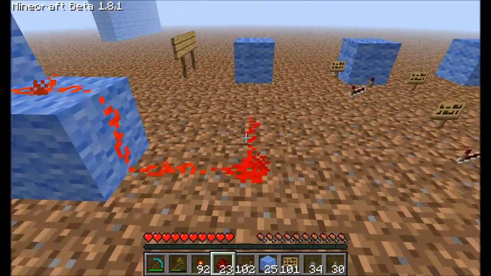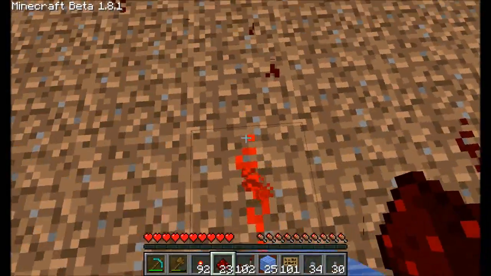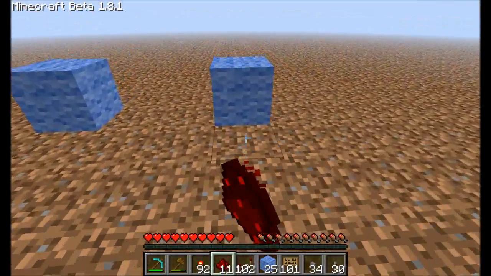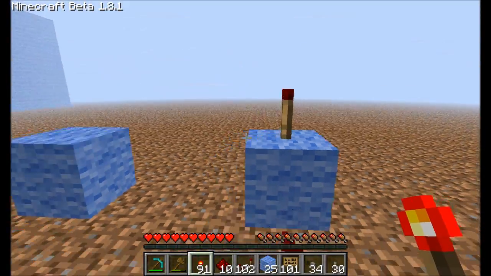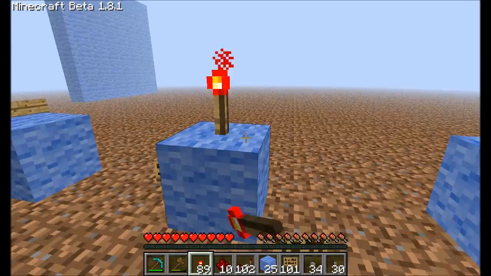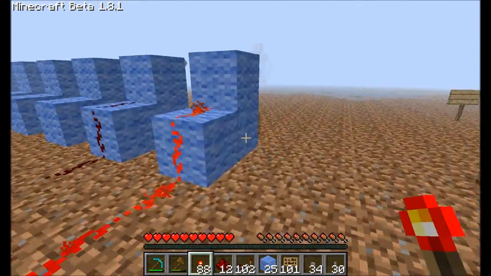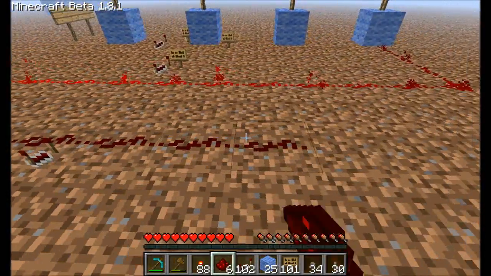So 1 is going to connect to, not that, that's for sure. Don't know what I was thinking there. 1 will connect to our 1 over here. Okay, and we'll just say torch off means it's on, just, you know, kind of opposite. And then 2 will connect to,